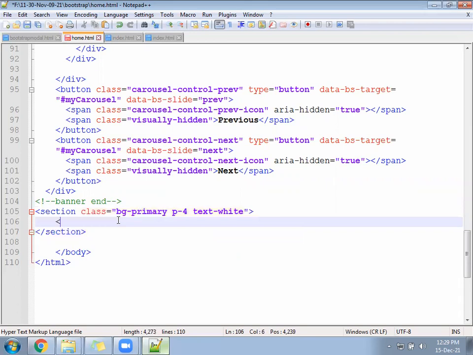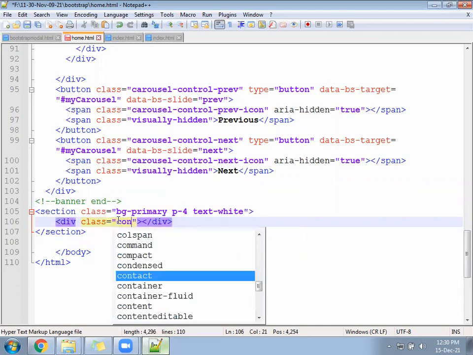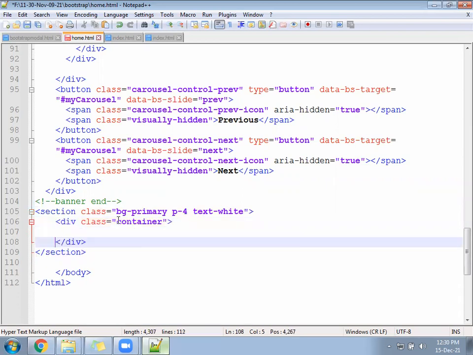Follow the container division, class equal to container. You will ask why we are following the section. If we are going to follow the container, then we follow the section, because the section will cover A to Z width from beginning to last. It is not going to leave a single pixel. And for that section, we have given the background as primary. So the complete background will be blue color. And the container will leave some space on the left and some space on the right, so the content will fit properly. Now if you apply bg-primary to the container, you will have some gap on the left and right.